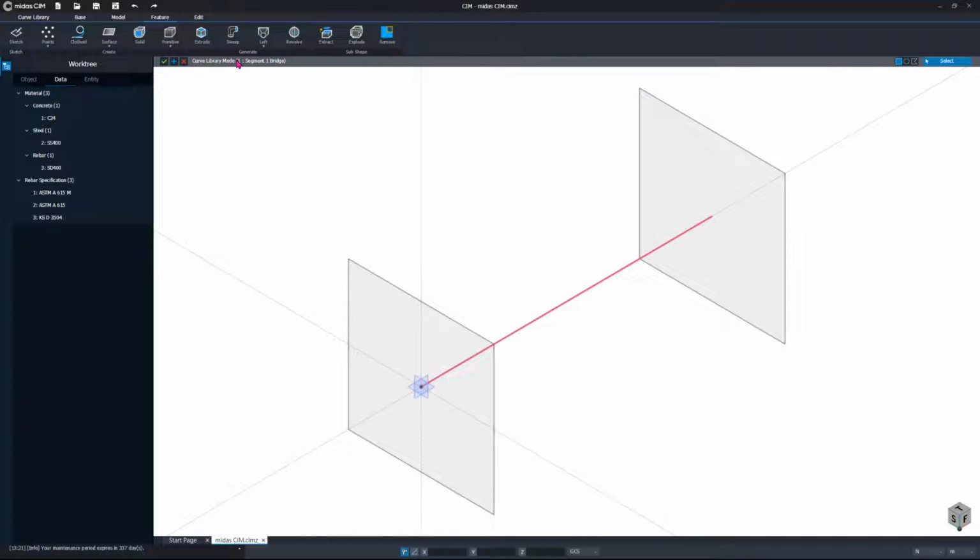Okay, so this is usually important if you have, for example, a tunnel that needs a lot of details that can be provided by the point library.